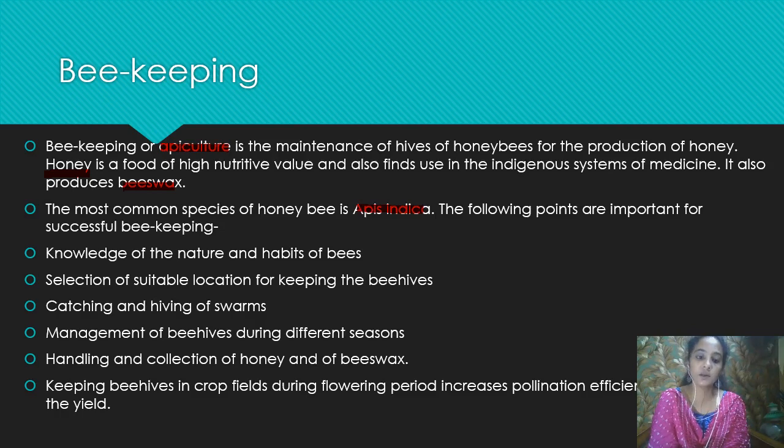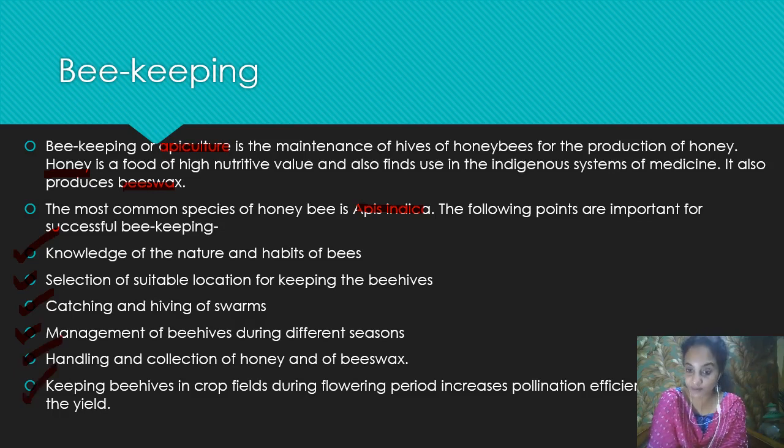What are the different things that we have to take care of while rearing honeybees? First, the selection of the nature and habits of the bees. Second, selection of a suitable location. Third, catching and hiving of swarms. Swarms means groups of honeybees. Then management of the beehives, then handling and collection of honey and beeswax,